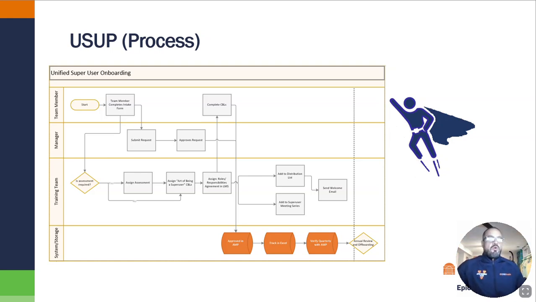If they are required to take an assessment based on their role, then they will take that assessment, and there will be some guidelines around that. And it will be updating and monitoring the distribution list as well as our overarching list of super users to ensure that it is kept up to date and accounted for whenever there's attrition or transition from one department to another, or responsibilities that may prevent our super users from functioning in that capacity.